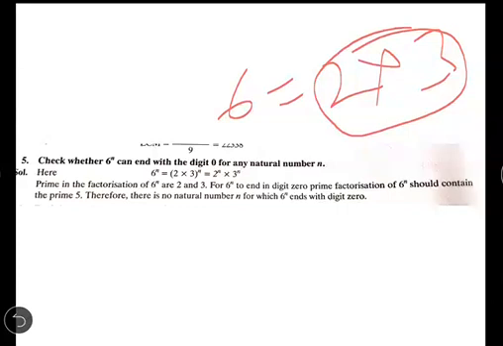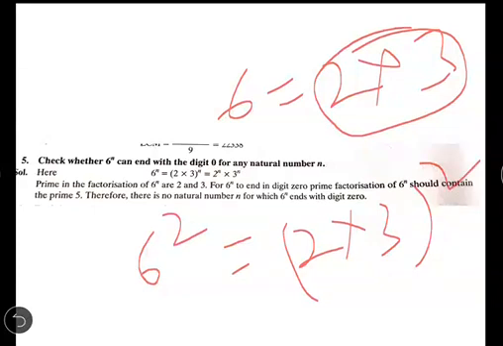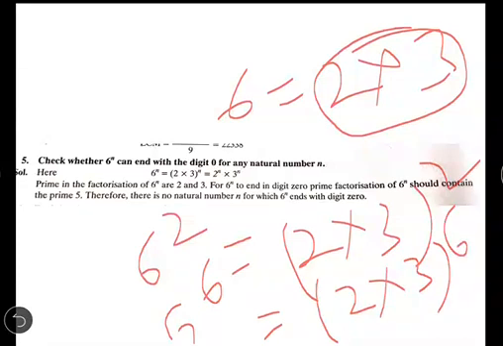You can see this: suppose we take 6 to the power 2, then we can write 2 into 3 whole to the power 2. If we take 6 to the power 3 or 6 to the power 6, we can write 2 into 3 to the power 6. Always, in the prime factorization of 6, we use 2 and 3 only. We cannot find any other prime number in this. So the prime factorization of 6 to the power